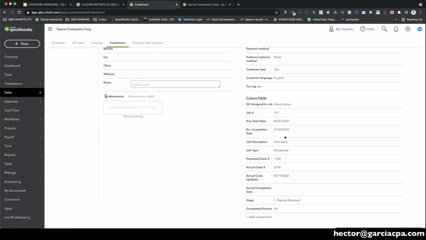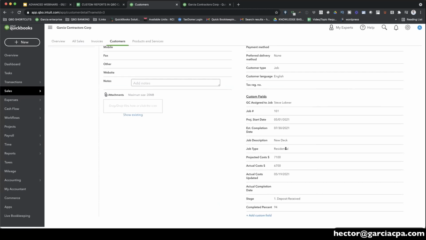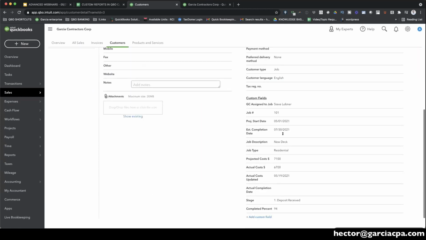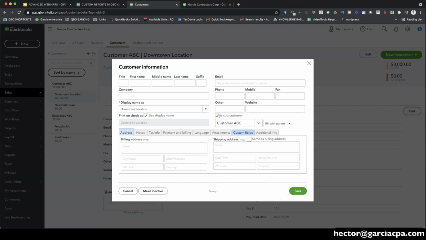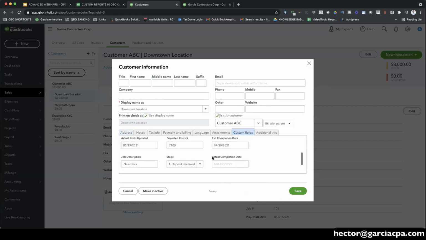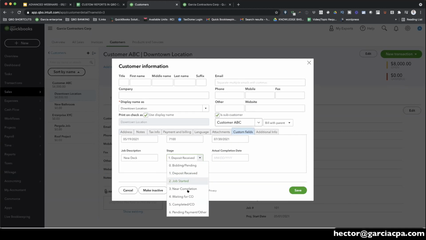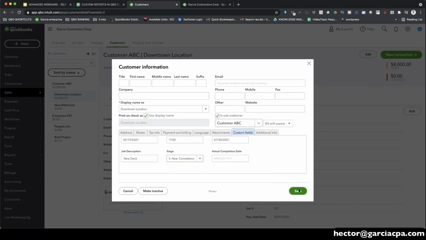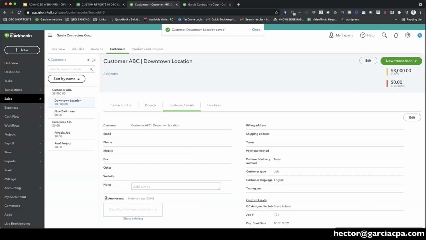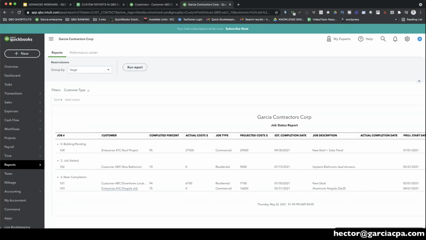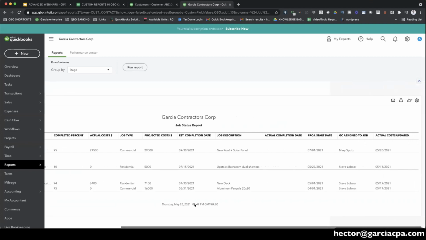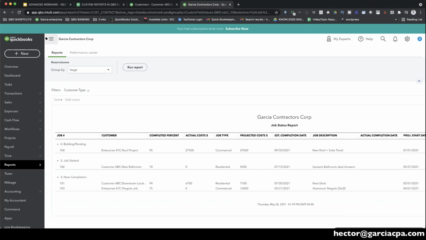I wish we could. At some point, it would be awesome if the drop-down menus were available right here. But you still have to click on edit. Unfortunately, there's still one more step you have to do. Click on custom fields, and then let's say this is at near completion. Save, and then I go back into my report, refresh that, and now we have two jobs on near completion with their percent completed. So that's the beauty of QuickBooks Online Advanced and